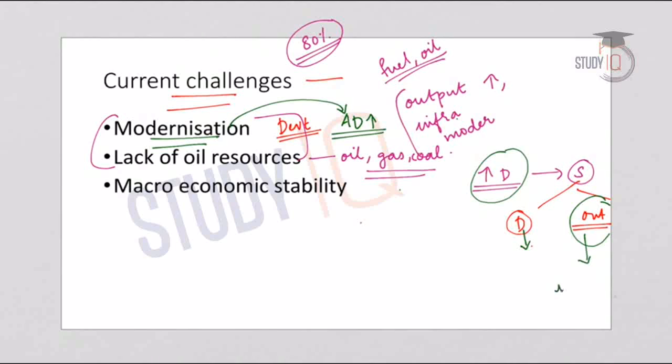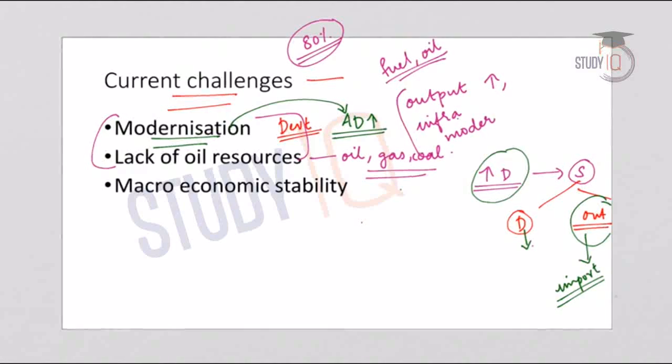And this is what we call import of commodities. So here, in case of India's oil requirements and fuel requirements, since there is no option of domestic availability of the resources, India has to depend on external economies through import of oil and fuel. So now it is seen that the demand for imports of oil and fuel is expected to increase. So this rising import dependency will definitely have a consequence on the external balance, that is on the BOP, balance of payments, and it can also cause macroeconomic instability.